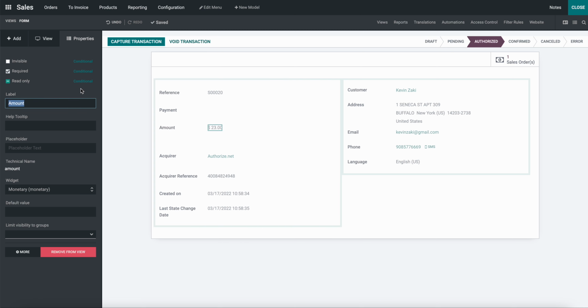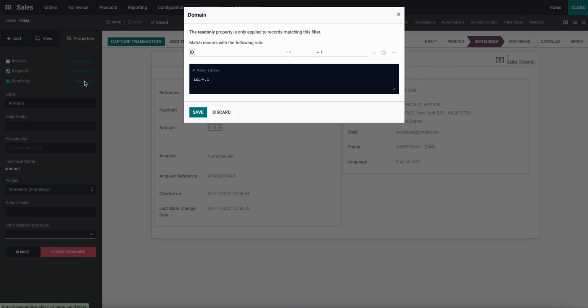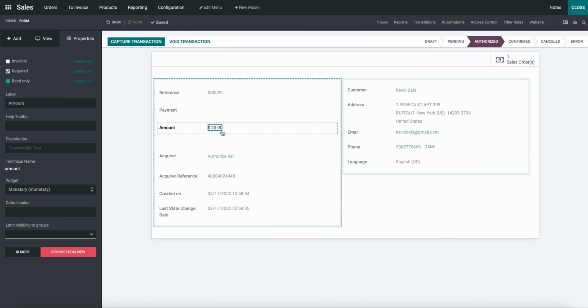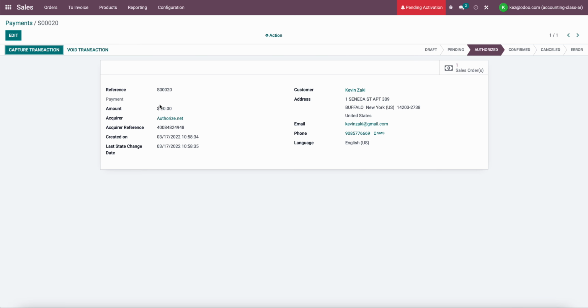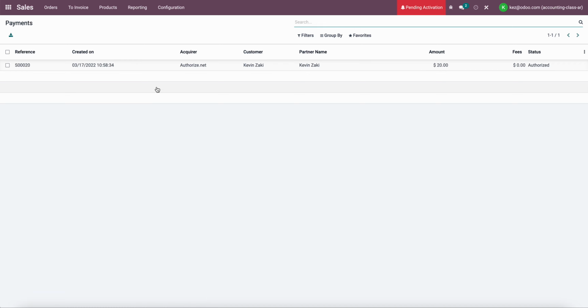But what you can do is a little workaround. If you click the read only conditional and we set the ID equal to 1, then we'll be able to edit it unless the ID is equal to 1, which it won't be. So now what we can do is come into here, change the actual amount that we're trying to charge the customer. And keep in mind that you can only do less than the original approved amount. So if we approve $23, we're lessening the value to $20. And now back in our sales order,